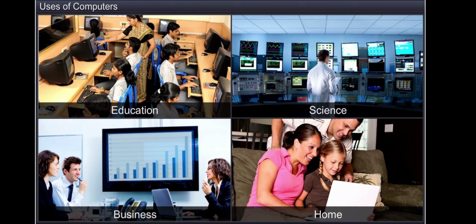Science, as you can see, there are so many electronic gadgets that are kept, which are recording the science project that is happening there. Business, as we have already discussed, whether the company is moving in profit or loss, everything will be recorded in the form of a bar chart or a pie chart, which will clearly give you a pictorial representation of where the company exactly stands. It need not be text, it can be a picture where you can see and analyze.